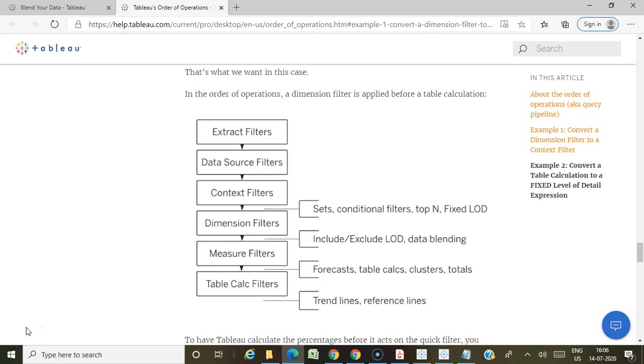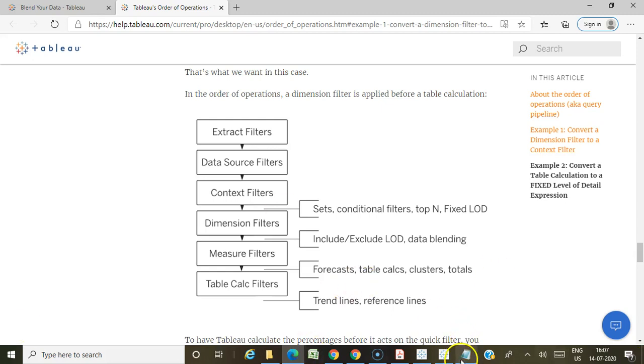There will be 3 to 4 questions based on filters, and mostly they are going to be practical oriented questions. They will be asking practical questions based on the filters, and one theoretical question will be based on your context filter. So read about context filters.